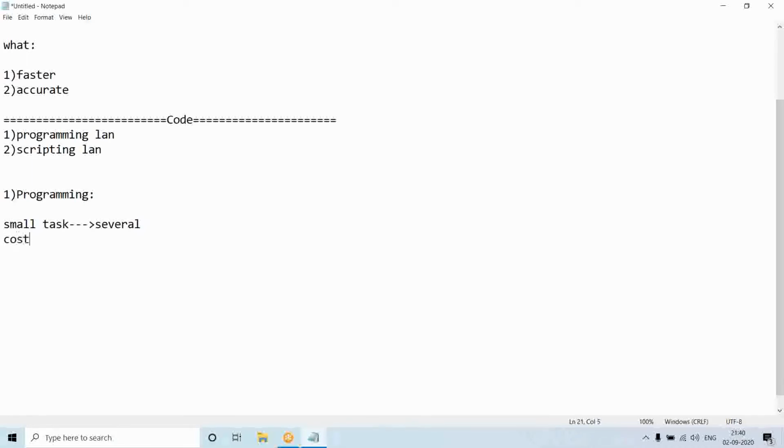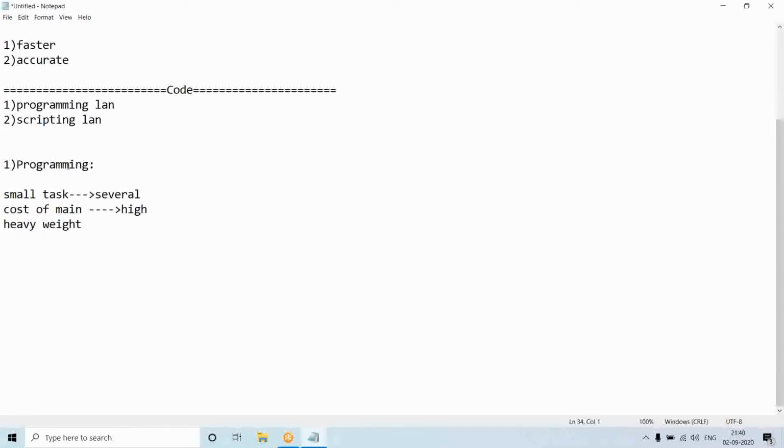So the cost of maintenance will be very high for programming languages, and we call programming languages heavyweight languages because the code will be very lengthy.